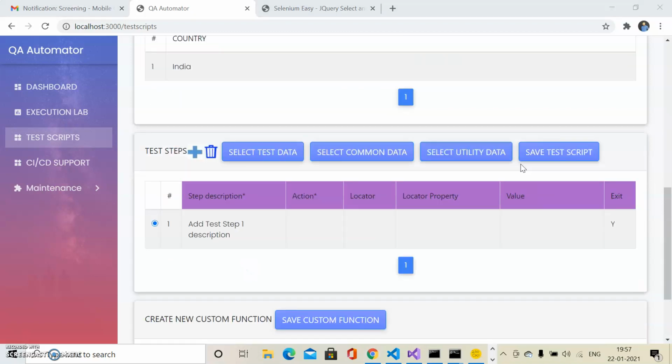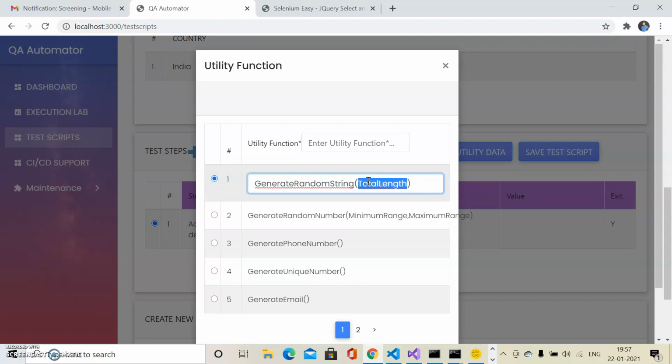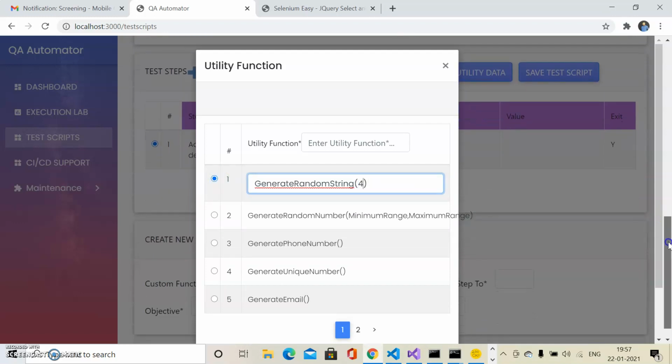Most of the time you also require some random data, like a future date or a random email. QA Automator provides you the option of selecting those kinds of data. So let me evaluate. You can directly select from utility functions.